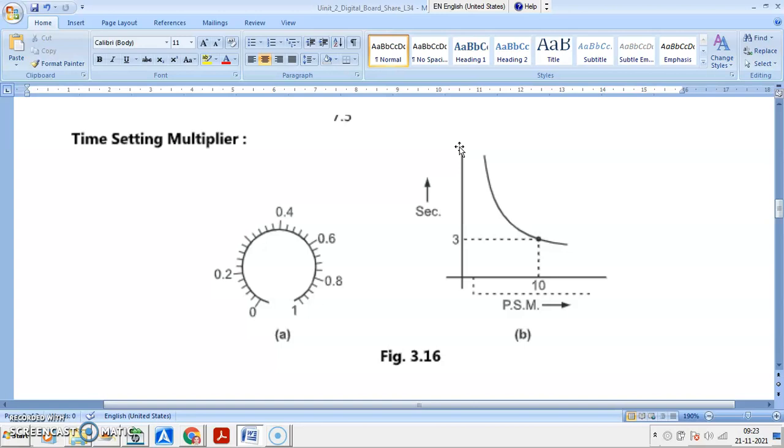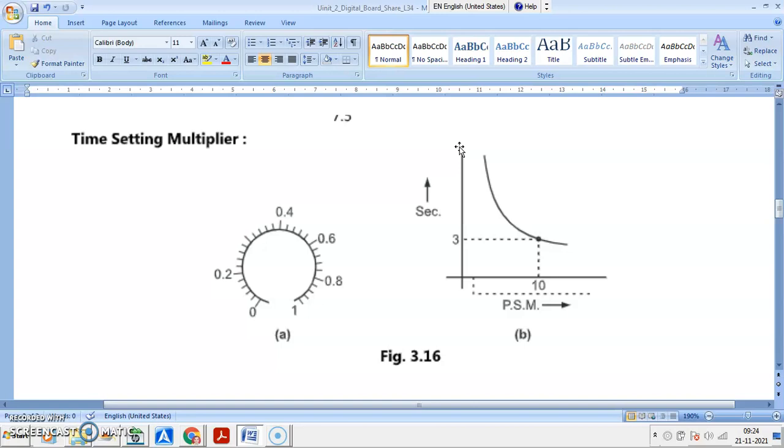Some terms are there: relay time or relaying time. You may be asked to define it. Relay operation is an important characteristic of a relay. The time required for relay operation is the relay time. The time required to breach the relaying contact is the relaying time.